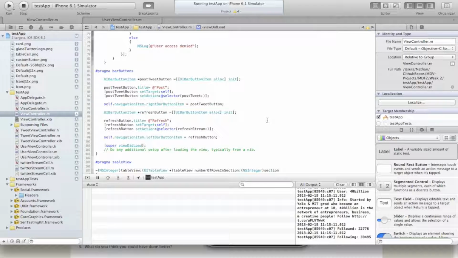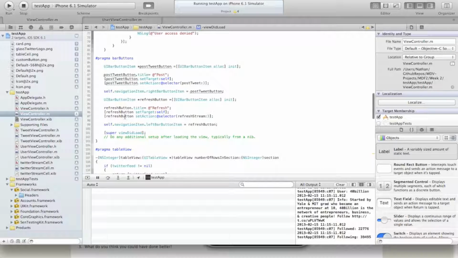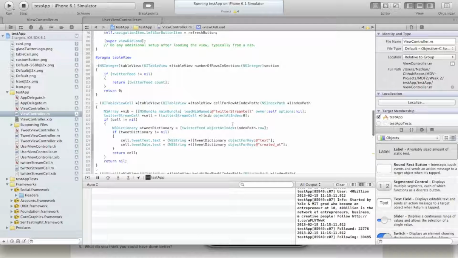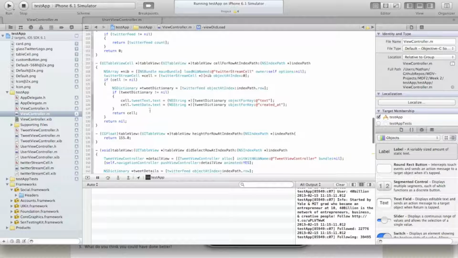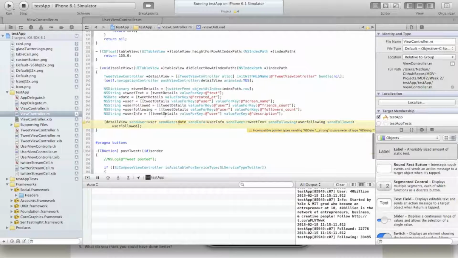And so right here, I set my bar button items programmatically, so that you actually have them in there. You have post and refresh. Right here is where I actually make the table view, so Twitter feed count. There's the actual table view and the size. Here's where I make it clickable, and all of this